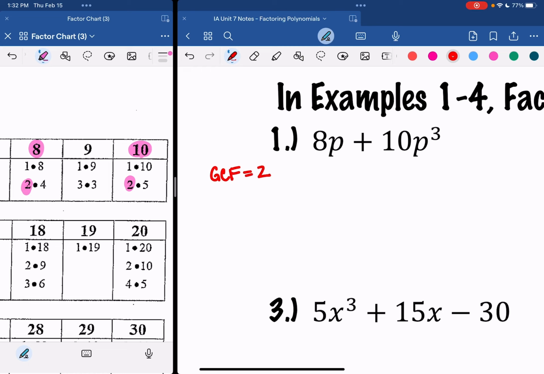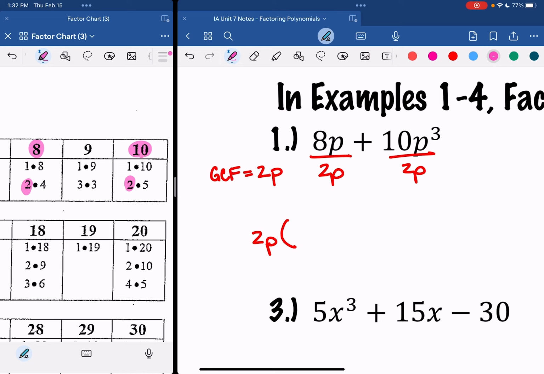And then we have a p and a p cubed. So we're going to go with the smallest, so 2p. So we're going to divide both of these by 2p. Now the 2p we can't get rid of. We're going to put that out front. So we have 2p, parenthesis,